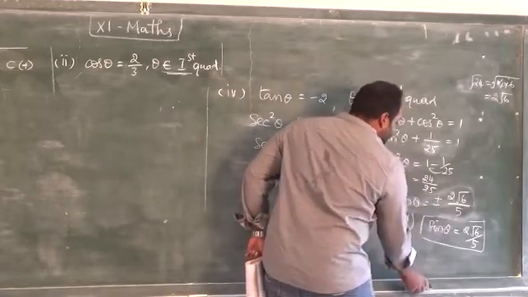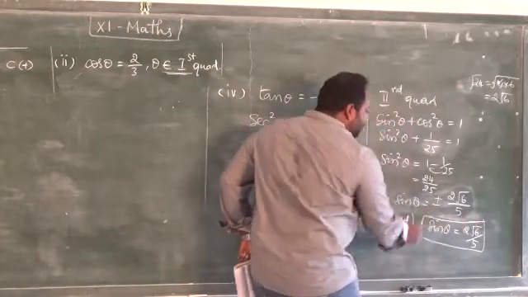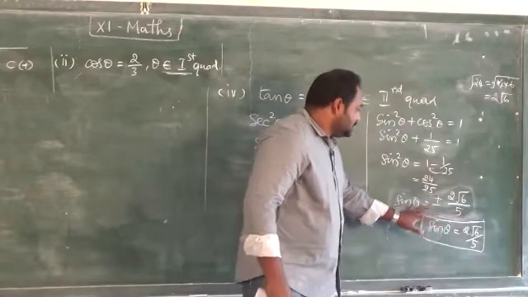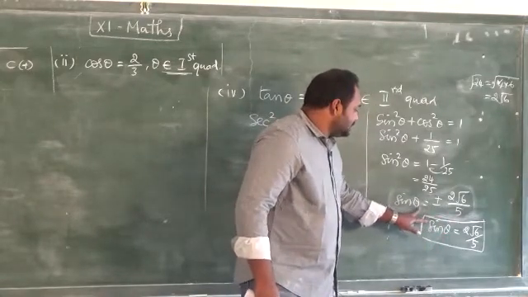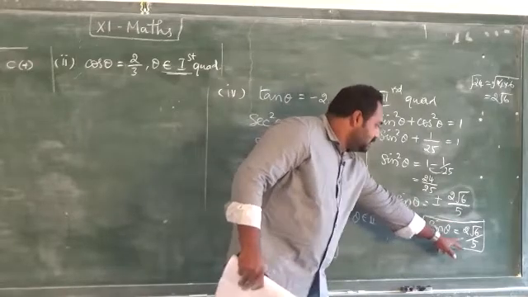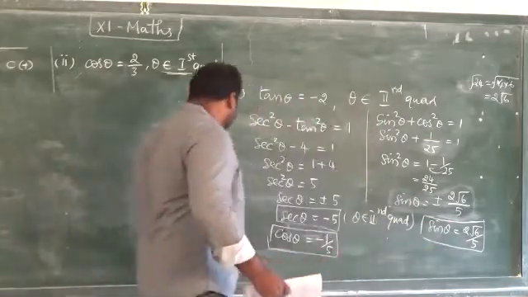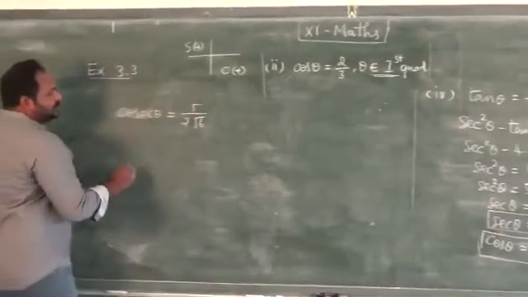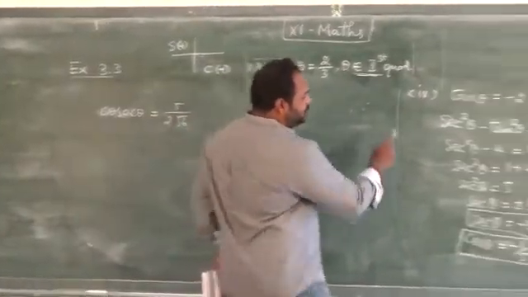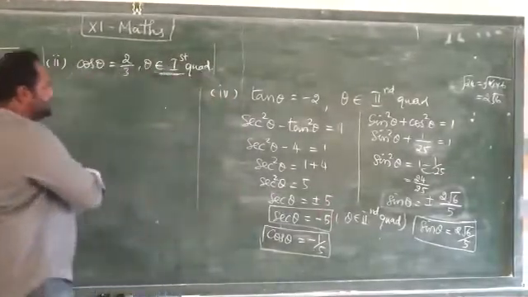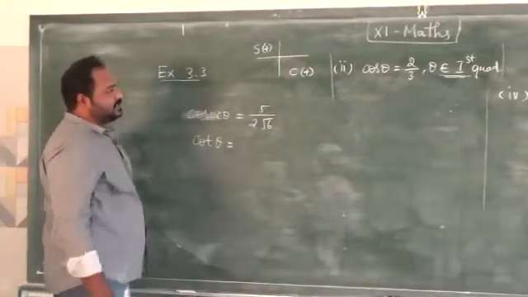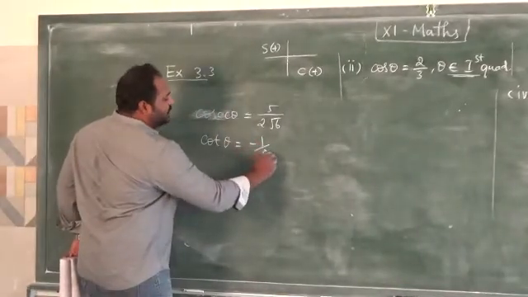So here we will make a lot of mistakes when doing this in a hurry. So just take time and find these values, because it's very important. Since it is second quadrant, sin is strictly positive, not negative. So only take the positive value, and then the cosecant theta value is the reciprocal of sin, 5 by 2 root 6. Next, how many ratios have we found? Already given 1, 2, 3, this is 4, 5, 6, the last value, the cot theta value, is the reciprocal of tan theta, minus 1 by 2.